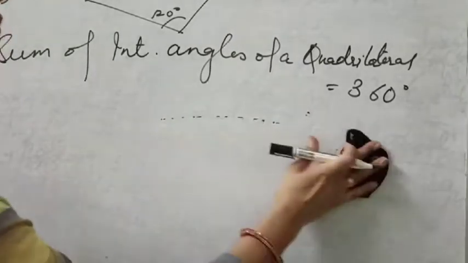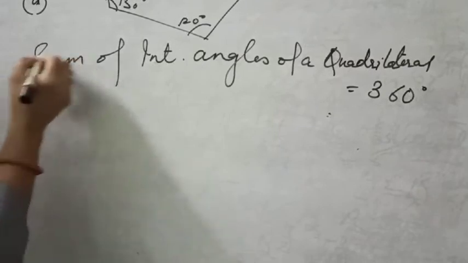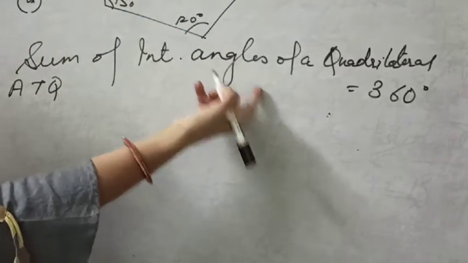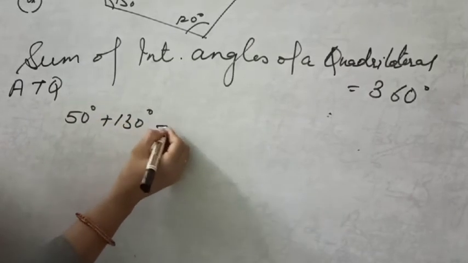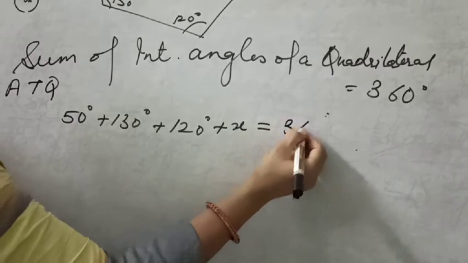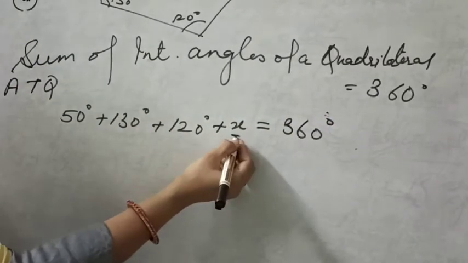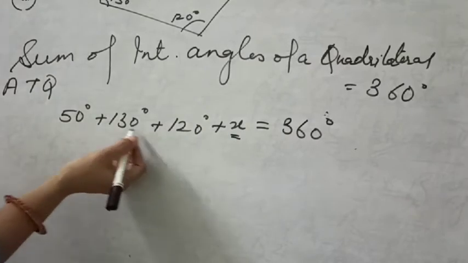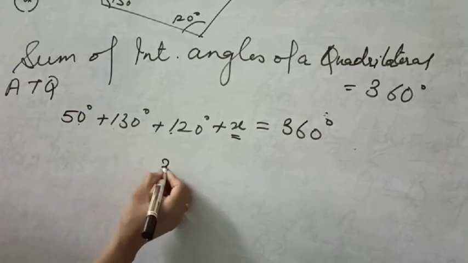Now, by ASP of a quadrilateral, I can also write here according to the question. So, according to the question, what is the angle sum property of a quadrilateral? 50 degree plus 130 degree plus 120 degree plus X is equal to 360 degree. Add them up and find out the value of X. This gives you 250 plus 50, that gives you 300